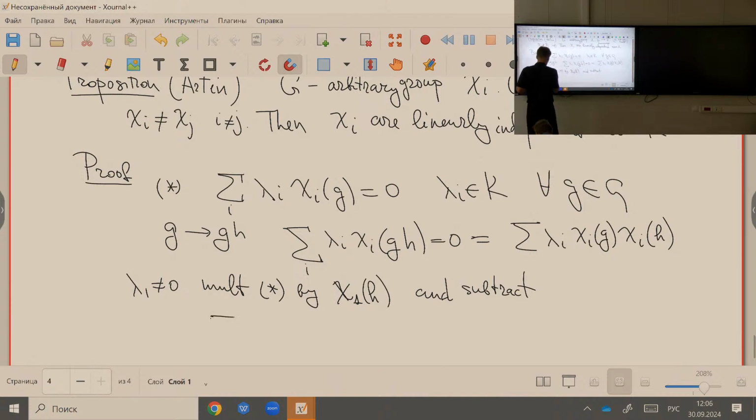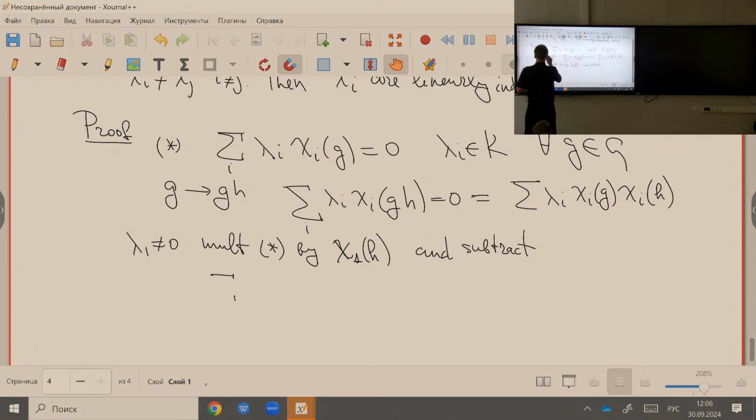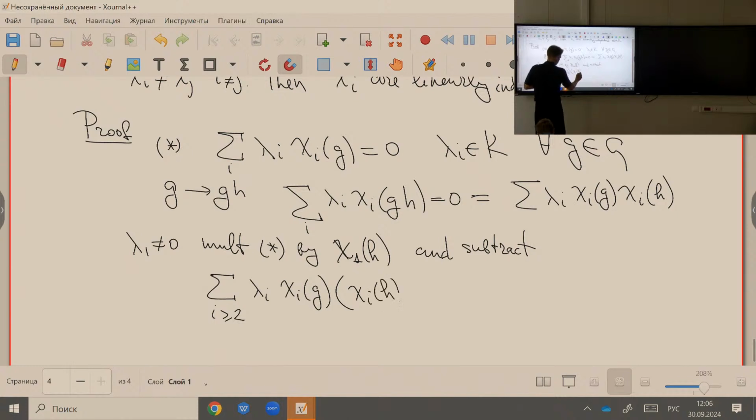So you shall get the sum where I is bigger or equal to 2, and you will write lambda I, chi I of G, (chi I of H minus chi 1 of H) equal to 0. So what you shall get by induction,